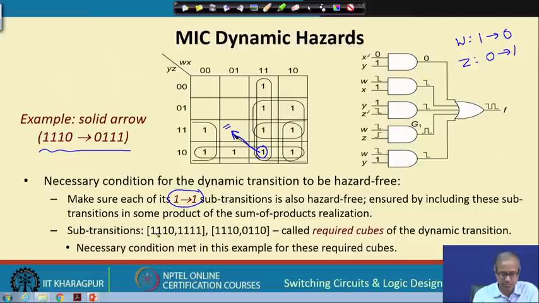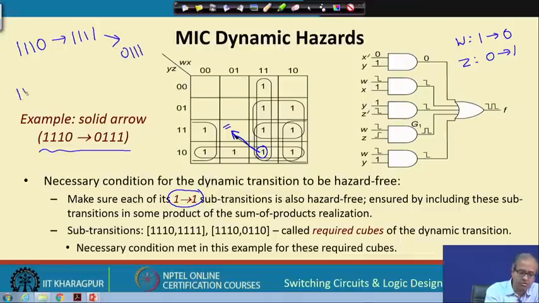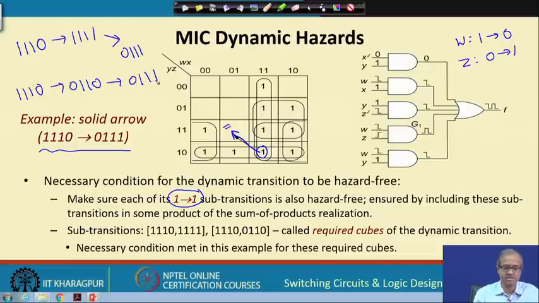So, you can have 1110 to 1111, then you can go to 0111, this is one possibility, or you can go to 0110, then 0111, one input changing at a time. So, there are two possible intermediate temporary states you can go through, those will be the sub transitions I am